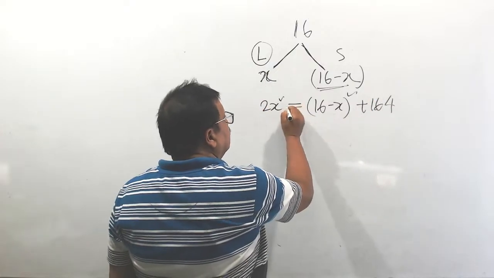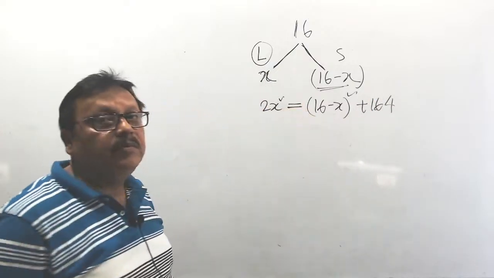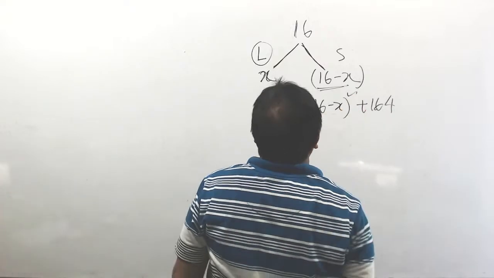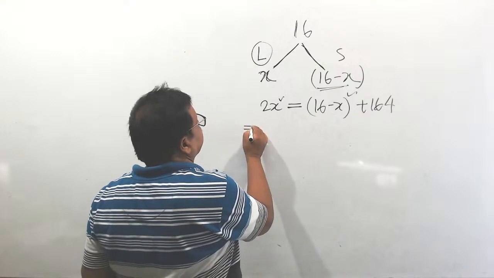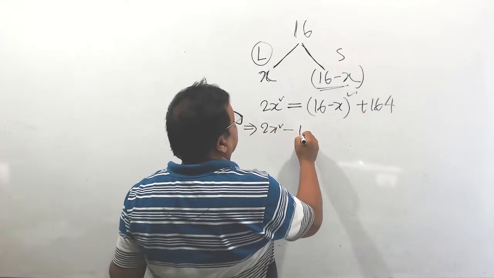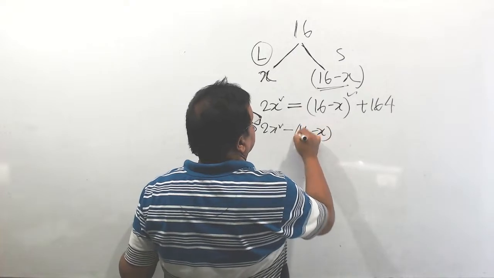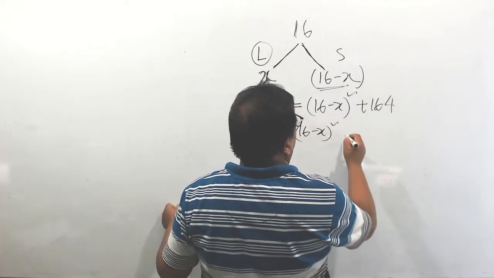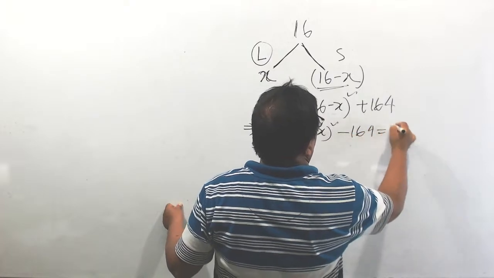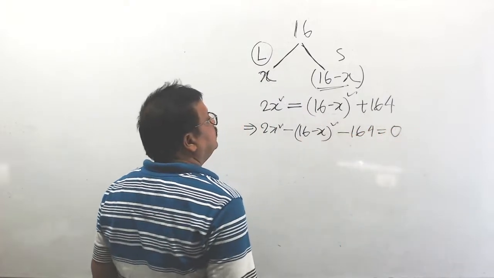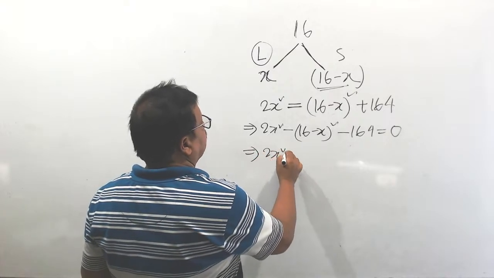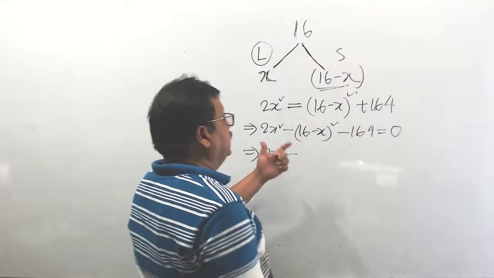Then you can form the equation with the equal sign. Both are squares. Now simplify this one: 2x square minus (16 minus x) whole square minus 164 equals 0. Understood? This implies 2x square minus (16 square